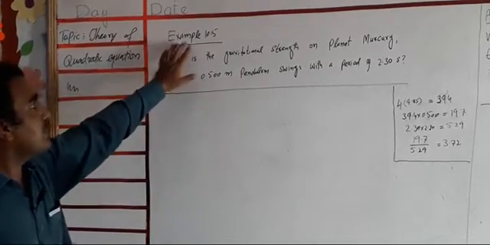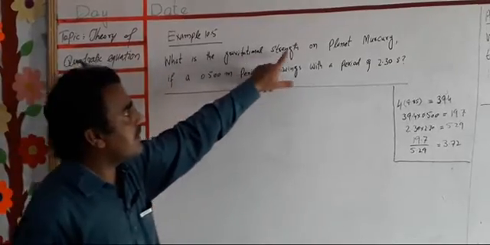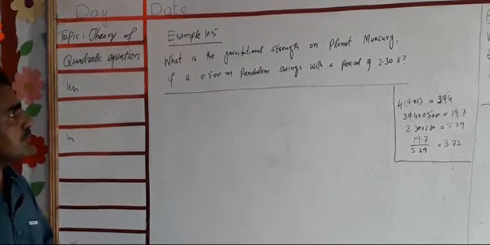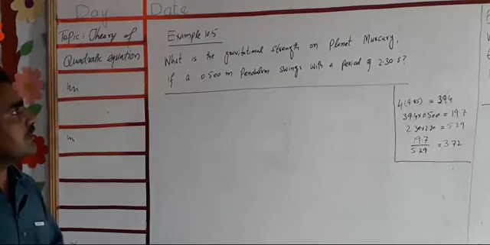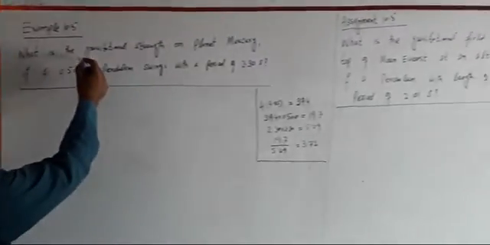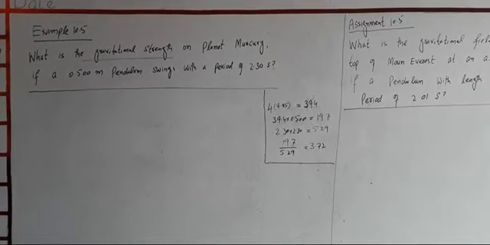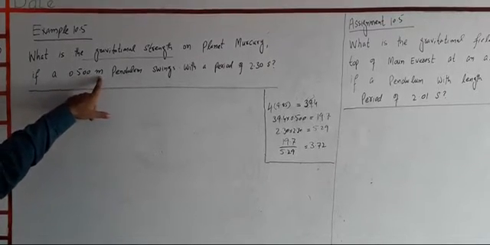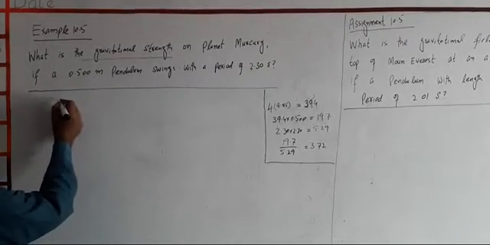So in example 10.5, the statement is: what is the gravitational strength on planet Mercury if a 0.500 meter pendulum swings with a period of 2.30 seconds? Here we are required to find the gravitational field strength, denoted by small g, on the planet Mercury. We are given that the length of the pendulum is 0.500 meter, while its time period is 2.30 seconds. So in the given data,